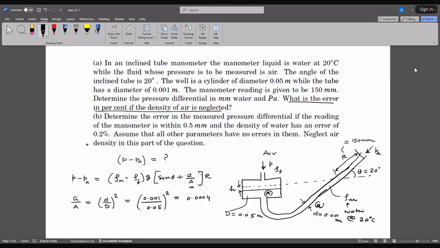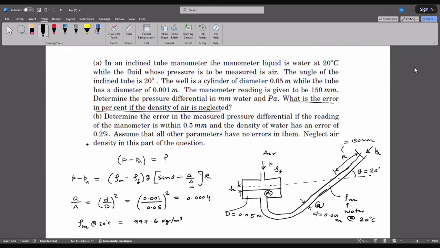If you read the density of water at 20 degrees centigrade, water is the manometric liquid, so rho m at 20 degrees centigrade is basically 997.6 kg per meter cube,